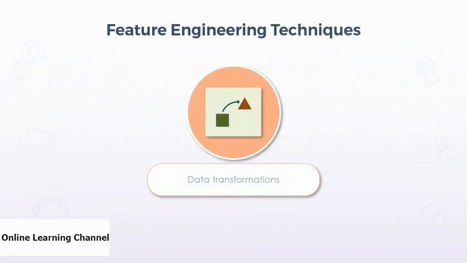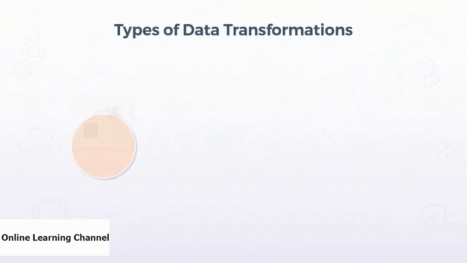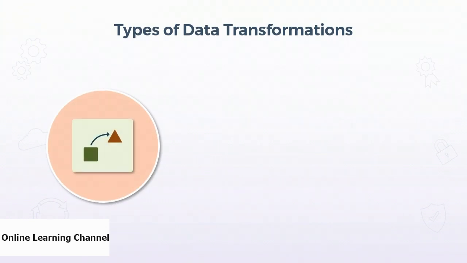In this video, we will learn about another feature engineering technique called transformations. Many machine learning models work on the assumption that data follows a normal distribution, which is often not the case in real-world datasets. Real-world datasets often have a skewed distribution. Therefore, data transformations need to be applied to these features to convert the skewed distributions to a normal distribution, thereby